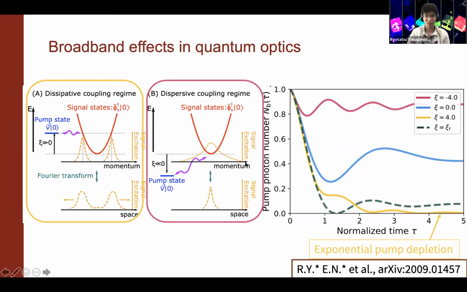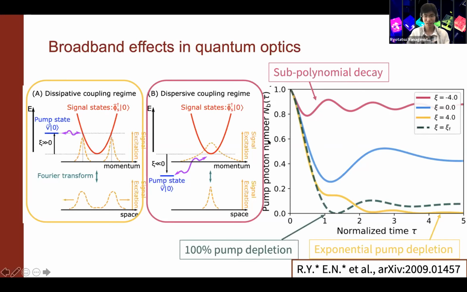And because of the dispersive nature of the coupling, we get some oscillation. So the coherence lives longer than the other case, but it decays yet. And that decay is subpolynomial, which is pretty interesting. It's a characteristic feature of the non-Markovian decay dynamics, because now we are not coupling to the middle of the continuum. And there's another point where some non-trivial quantum interference leads to the 100% pump depletion within a